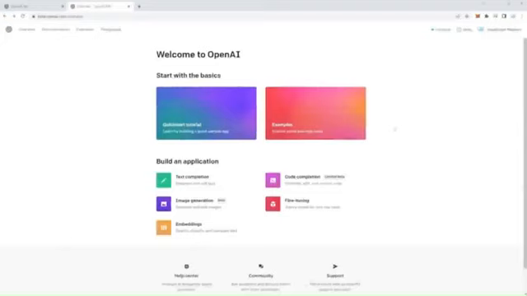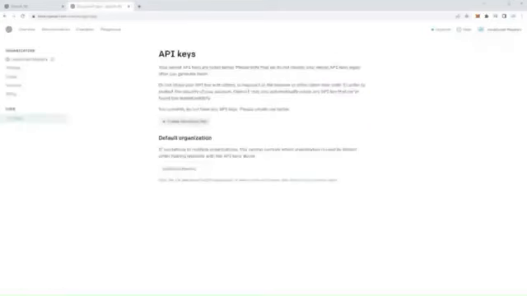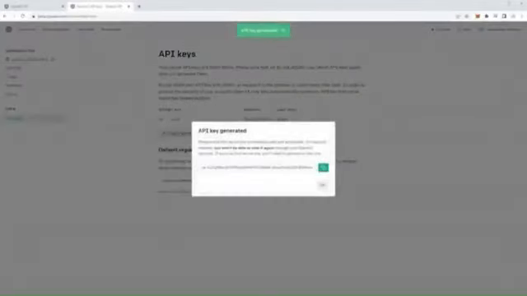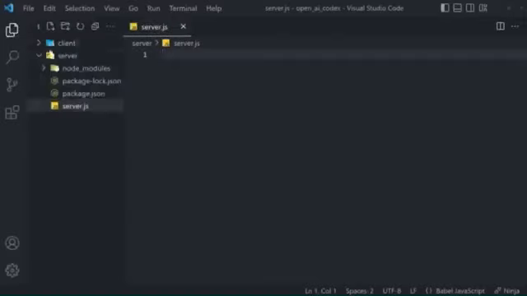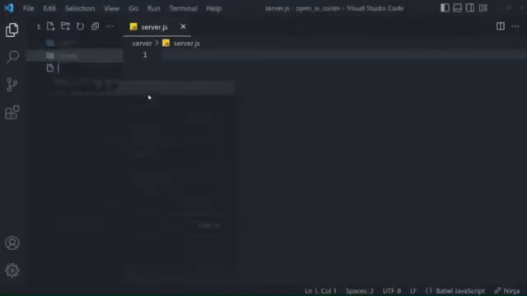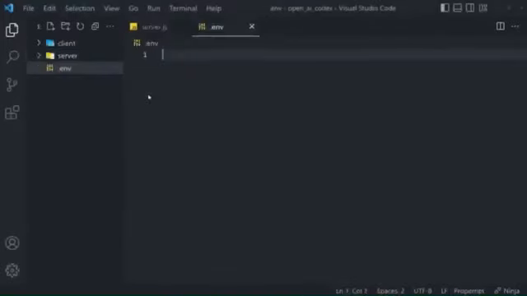application. So to get started, click your profile on top right and click View API Keys. Right here, you can create a new secret key. And finally, you can copy it. Back inside of our code, you can open the File Explorer, and then in the root of our application, you can create a new .env file. Make sure it is in the root and not in the server folder. Inside of the .env file, you can say OPENAI_API_KEY is